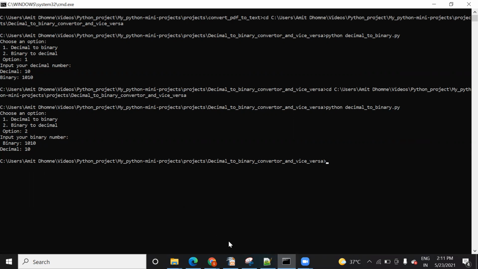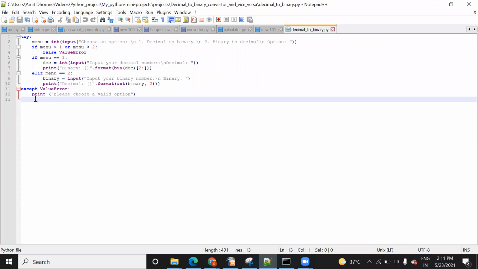Now let's come to the code and see how it works. I always prefer to add the code in a try and except block. It's a good practice also, and industrial software developers usually prefer this. As a software developer, I also prefer to write the code within the try and except block. Why do we use this try and except block? It is similar to the try and catch block in Java and other programming languages. If there is any error in the try block, the try block will throw this error to the except block, and the except block will handle that error.